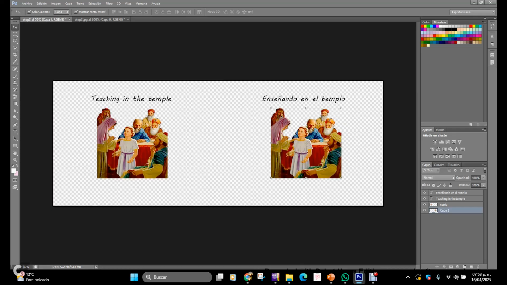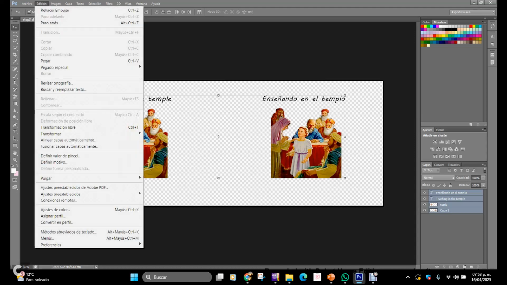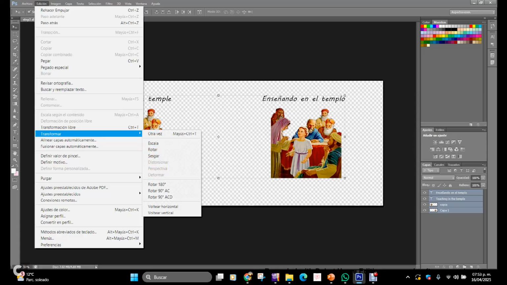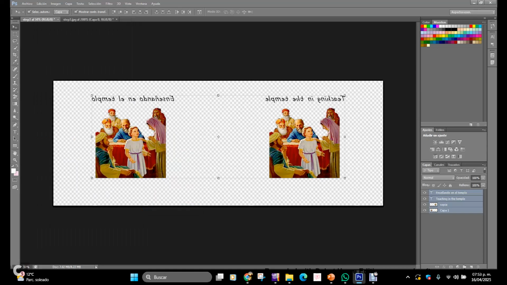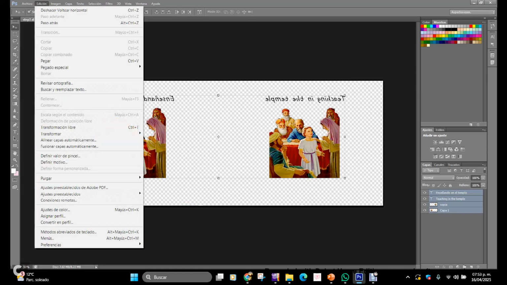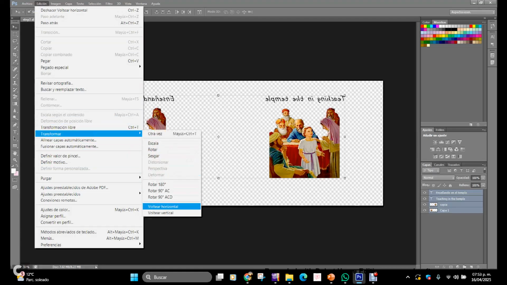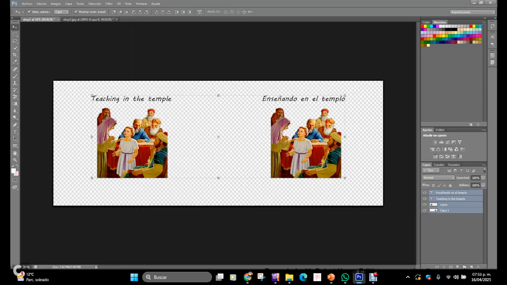Now, the next we are going to select, oh, sorry, Control Z. We are going to select, pressing Shift, all the layers. Done, perfect. And now we can go here, Edition, Transform, and we can flip the image that is for printing, okay, and we can save it. But now we are going to go to Transform, flip it again, and before doing that, we are going to